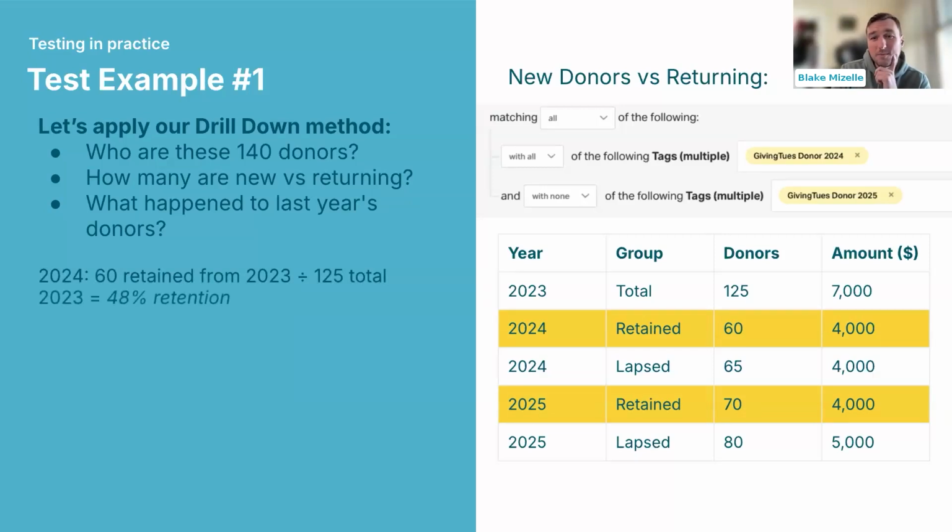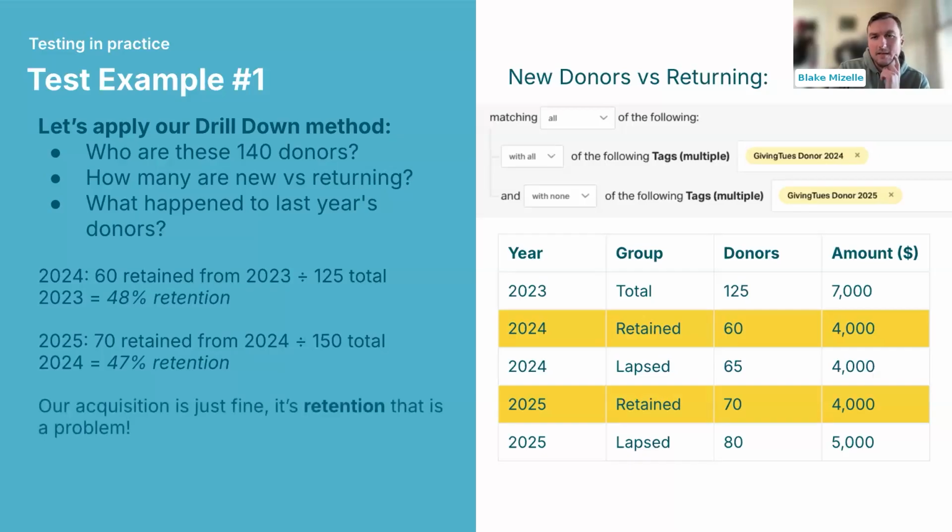That's 48% retention. In 25, retaining 70, 47%. So, thinking about growing my donor base here, I'm starting to see we're getting lots of new donors every year in Giving Tuesday. Our acquisition is actually doing really good. It's retention that's a problem when I'm talking about growing my base.